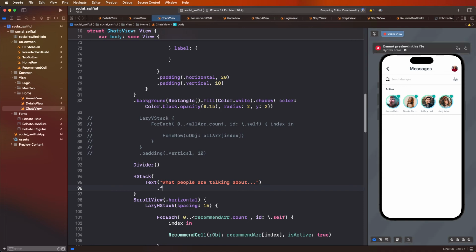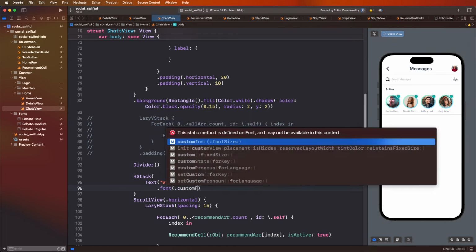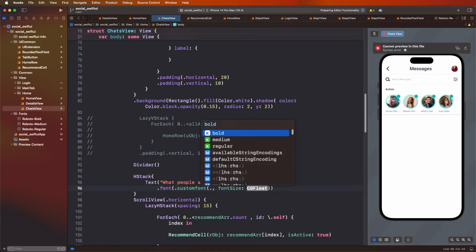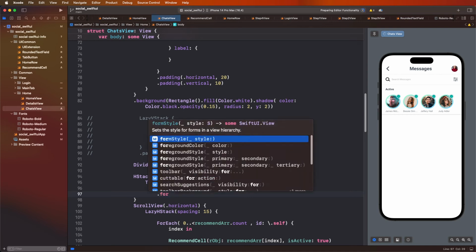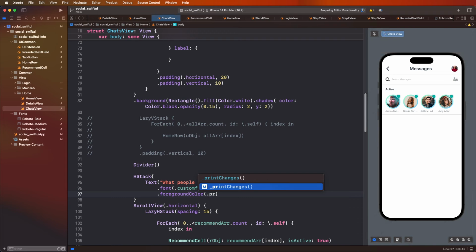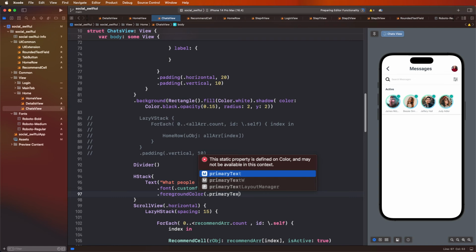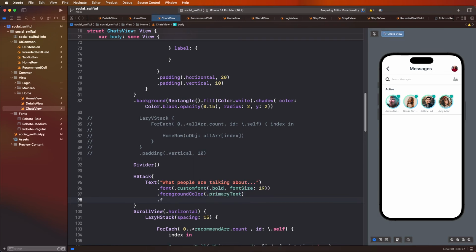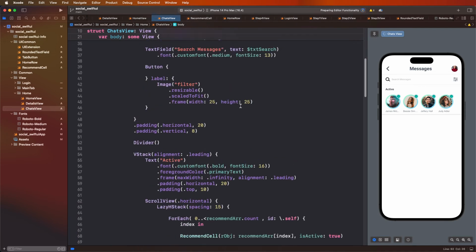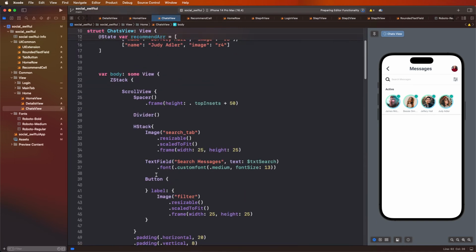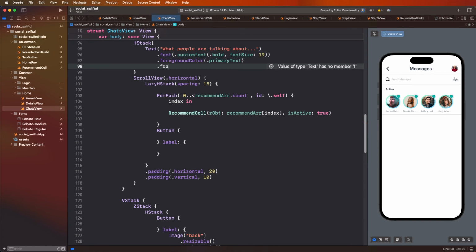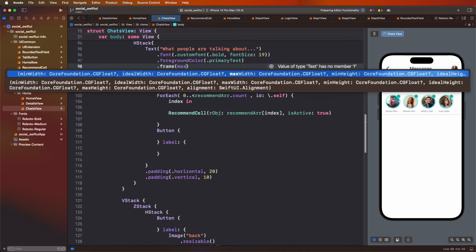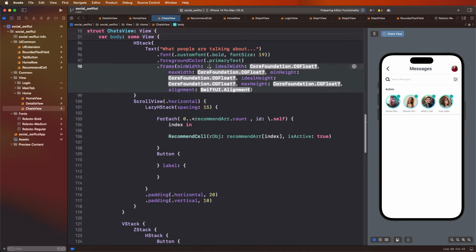at this here, and now need to set here the custom font and to set here the bold and need to give here the 19, and then afterwards need to set here the foreground colors, need to set here the primary text like this give here, and now need to set here the frame, need to copy here the infinity, set here frame, and set as a max width, and to give this here the value infinity,